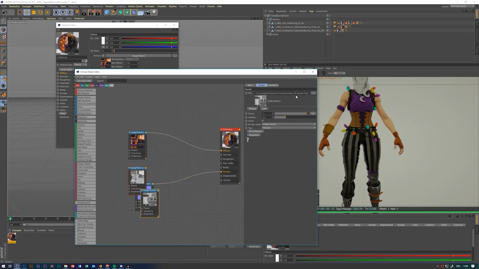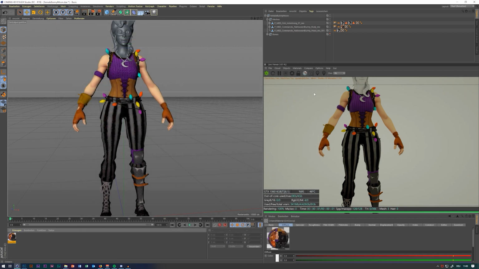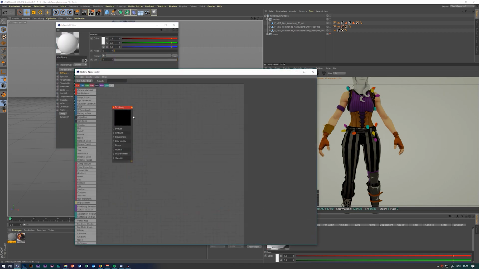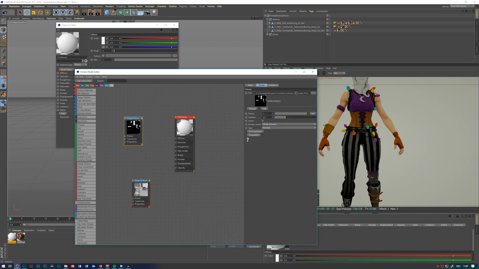So yeah, we go back to our Cinema 4D, and now we can take specular body and roughness body. This one is a specular, so you connect it to specular and roughness to roughness. And now we create a new material, again a glossy one. Go to node editor, take the metal one and the roughness one, take your metal one, yeah, that's the metal, go to specular and go to opacity,